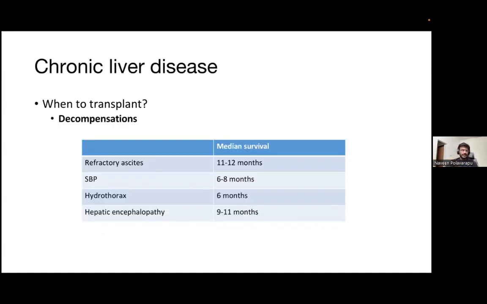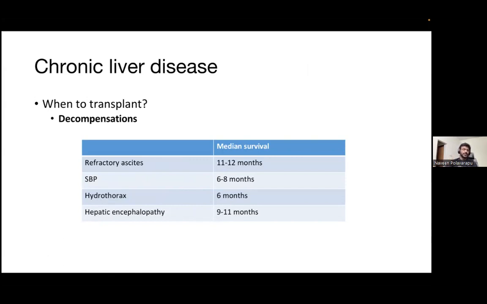So generally, when we have refractory ascites patients, the median survival is 11 to 12 months. If on top of that they have SBP, the survival drops to 6 to 8 months. And if they have hepatohydrothorax, it's about an average of 6 months. And if they have hepatic encephalopathy, 9 to 11 months. So this is the window period where you need to catch these patients before they reach the stage of refractory